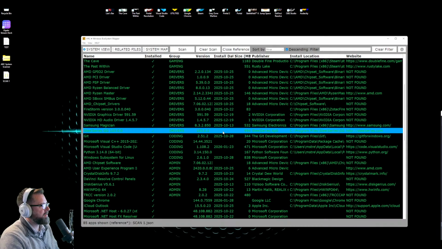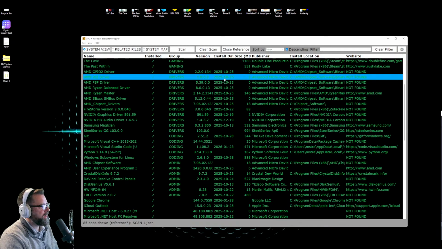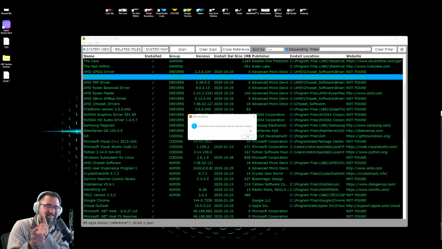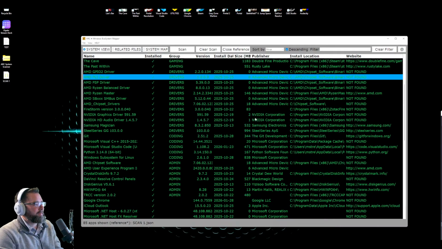Let's see here, set install date. So if it doesn't know its install date, you can manually set that. But you can't alter, wait, install date was provided by scan and cannot be edited. Look at that. All right. This is a lot of little stuff I probably wouldn't have caught until after the first release. So